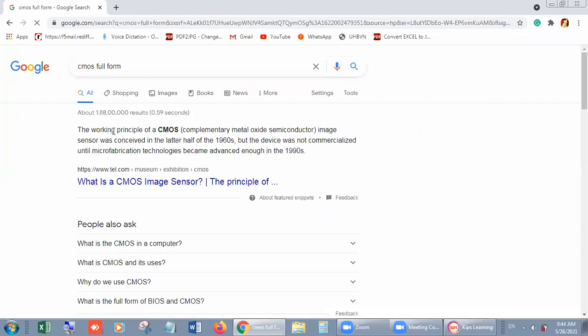Full form is complementary metal oxide semiconductor. It is very tough for you and it is also not in your syllabus, but you have to know about it, right? You can take a screenshot of it, otherwise you can write in Google CMOS full form.